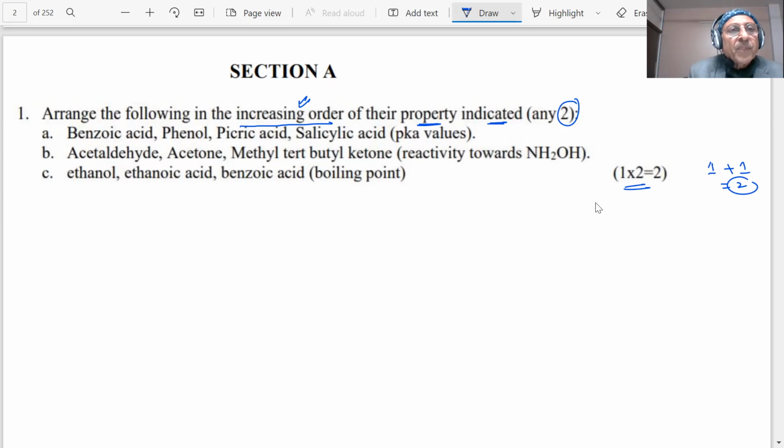First question is, you are given benzoic acid. I'm talking of answer A, student. Let me see: benzoic acid, phenol, picric acid, salicylic acid, pKa values. Now, what do you mean by pKa values? You already know, student, pKa is equal to minus log of Ka. You know already, student, stronger the acid,